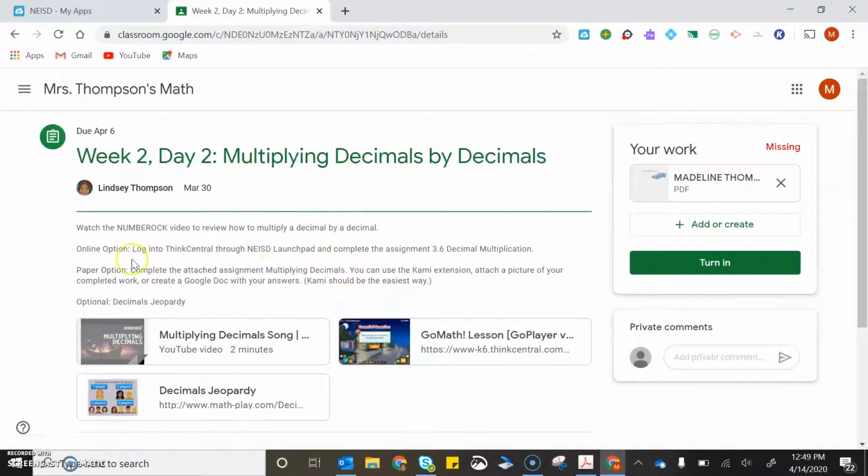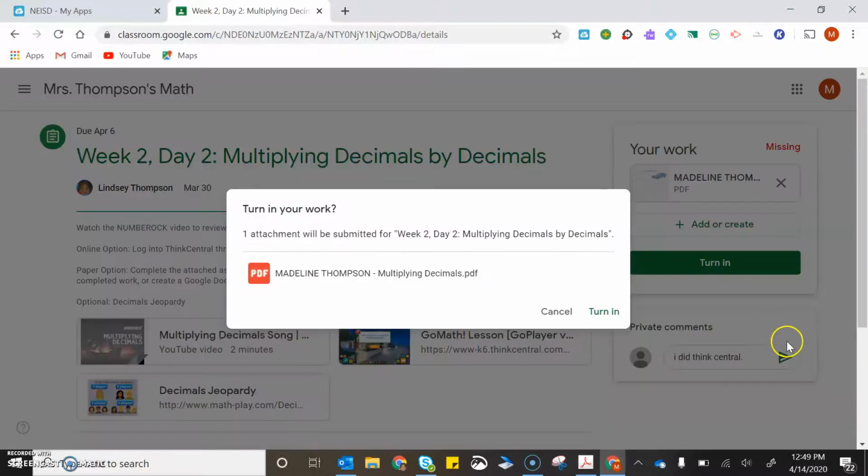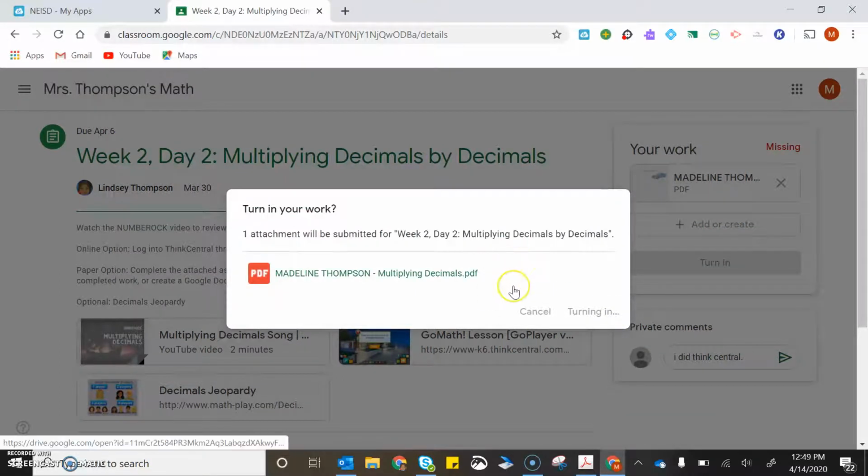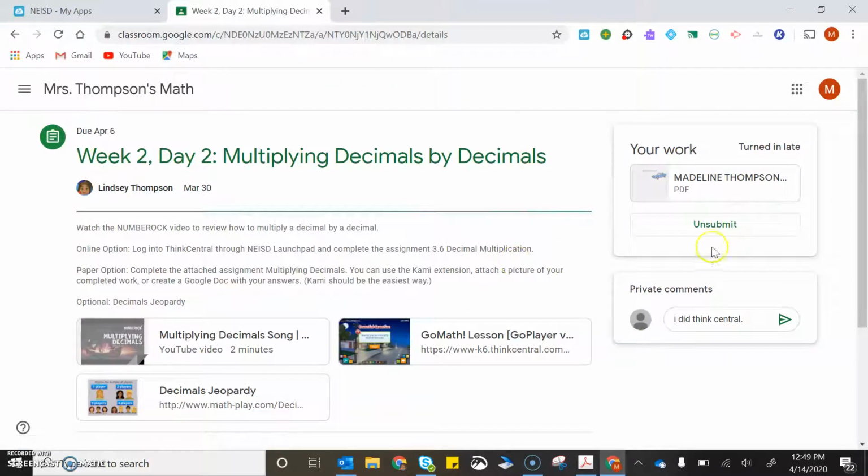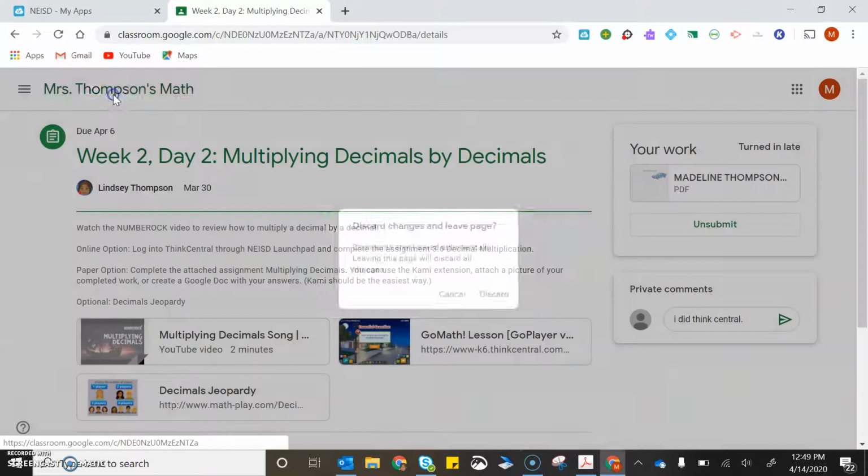Now, if you've done the online option, then you need to write in this box, I did Think Central. And then turn it in and wait for it to load. And there it is. It says it's turned in. It turned in late. That's no big deal. It's been turned in. Now, if you look at it, it says it's been turned in late, but it's been turned in. And if you go back to your page,